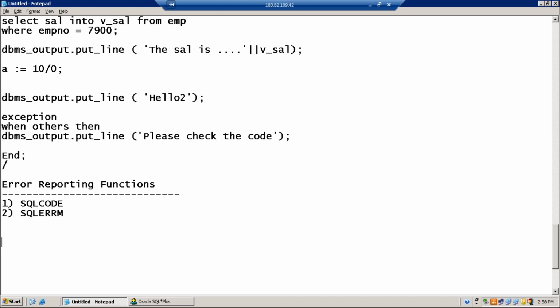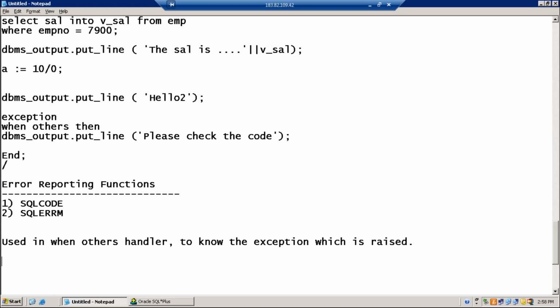These are two error reporting functions used in the when others handler to know the exception which is raised.